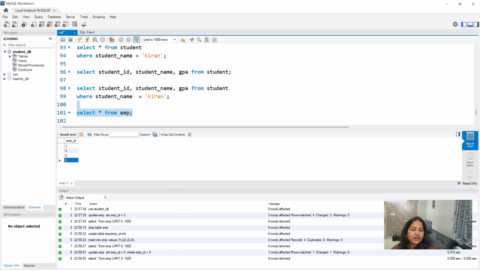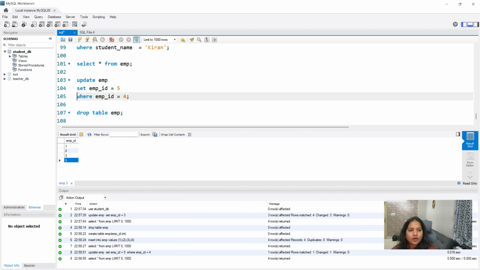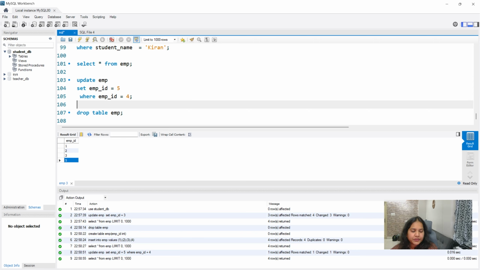So now what we have done, you have taken the EMP table. In the EMP table, we did not use the where command. So without using where command, what happened? Everything got updated. So that's why we dropped the table, recreated the table, and now we are using the condition along with the where command. So in that case, what will happen? Only the expected rows that we want will get updated. So this is the use of your update command.